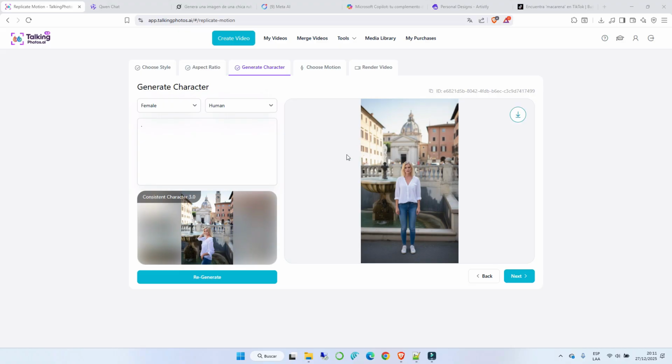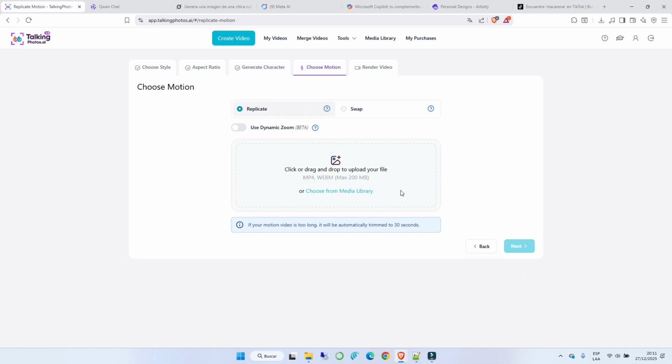Back in Talking Photos, if the photo displayed is the one we want to animate, we press Next. We can select the video either from the computer or our mobile devices. We can also choose it from our media library.